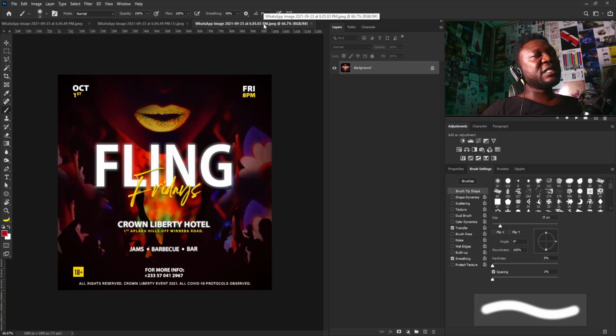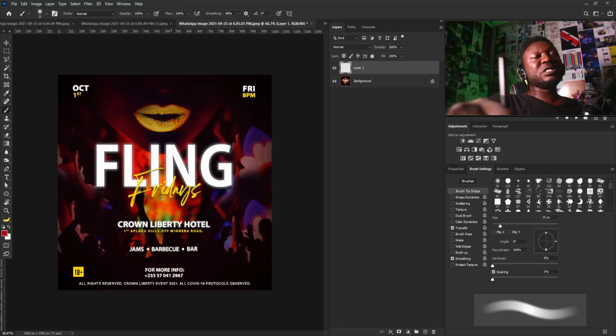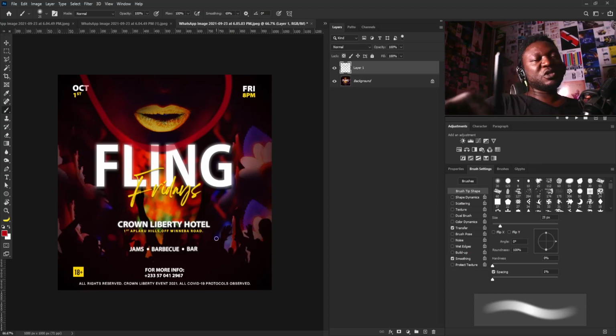All right, so on this design, I'm going to start with the background side again, which is using an element on your background the wrong way. I have this face of this lady here, and then I have a silhouette of people dancing. If I'm going to define this image here, these are simple things that always make it look